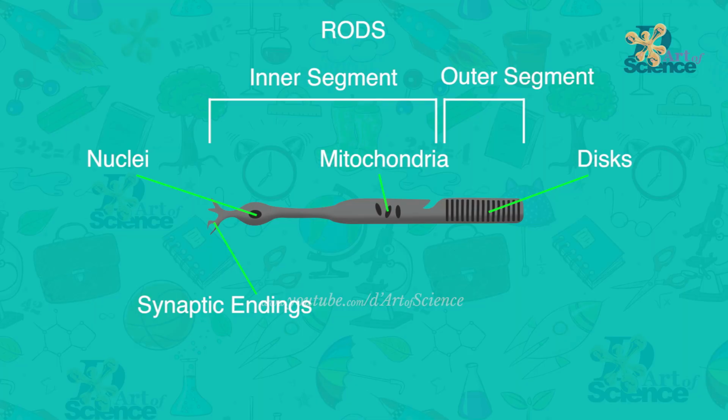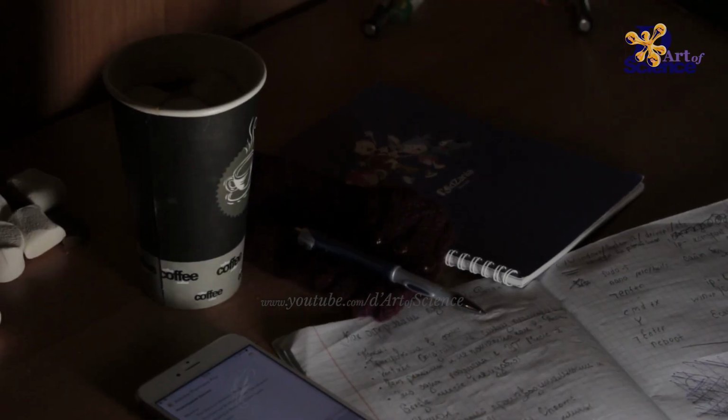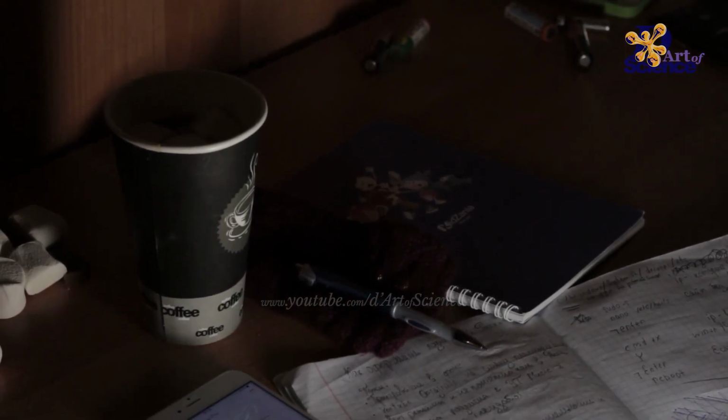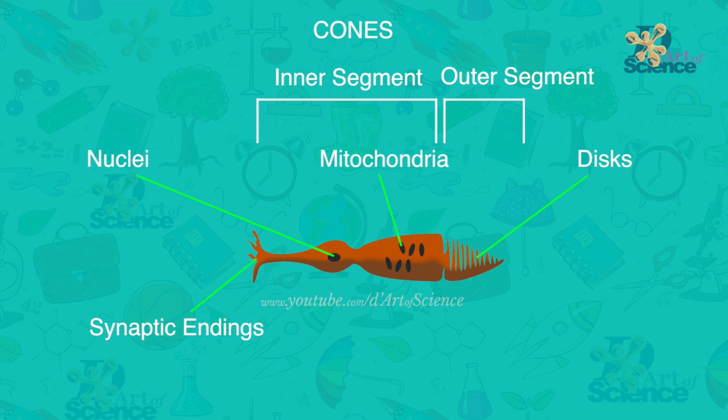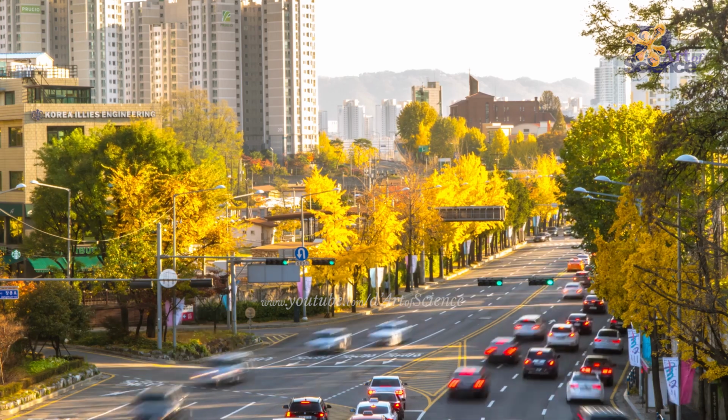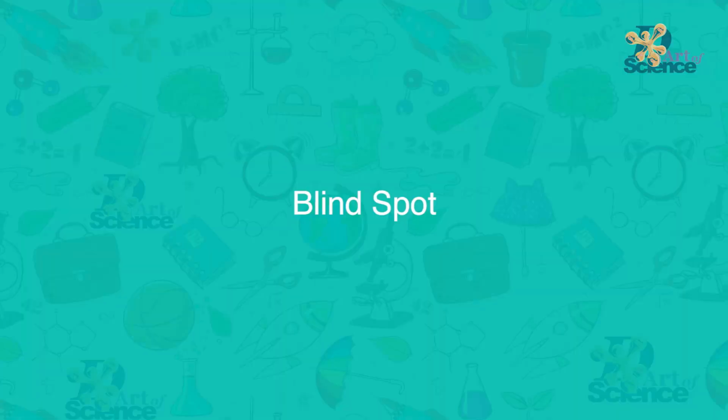Photoreceptive means that they can receive and process photos or images, in this case, that come into the retina, and these are of two types, rods and cones. Rods are called so because they are rod-shaped cells that are responsible for vision in low light situations. So in dim light or at night, rods are relied upon by the retina. Cones are used for normal light as well as for the sensation of color. Rods cannot process color, while cones cannot work in dim light.